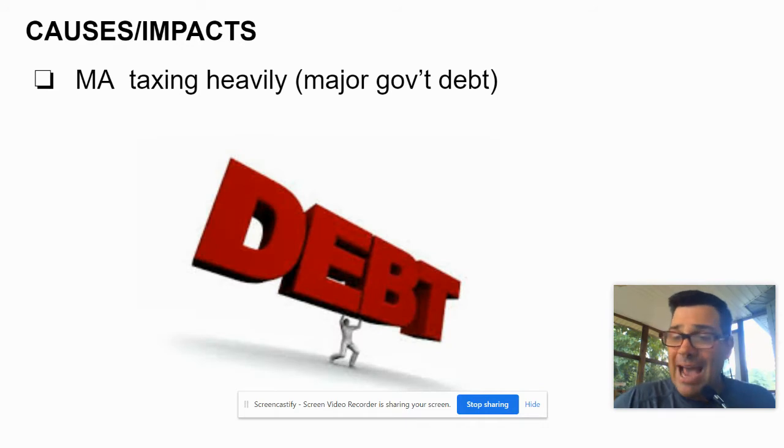All right, first off, background. Massachusetts is taxing its people heavily. Why? Because they were in major government debt. The debt of Massachusetts was heavy due to leftover expenses from the Revolutionary War. And so Massachusetts raises taxes on people, and a lot of those taxes were on property. If you don't pay your property taxes, the government takes your property. If you owe money to the bank and you don't pay your bank loan, then the bank takes it. But when you don't pay your taxes, the government can actually take your property. So just know that as background.